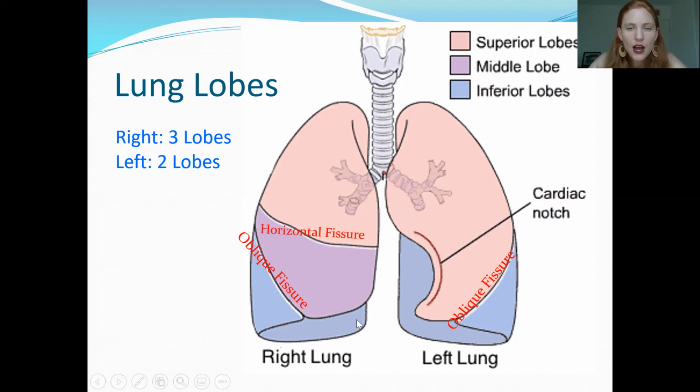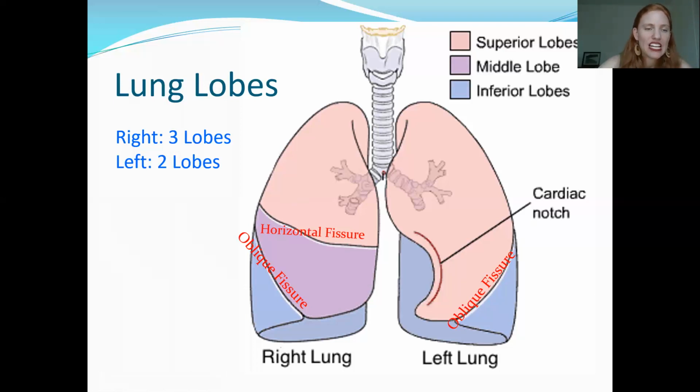Now, the deep grooves between the lobes of the lungs, those are called fissures. We've seen that word before when we talked about the brain. Remember the longitudinal fissure running down the middle of the brain. So a fissure is a deep groove, and these fissures are named by the orientation of the lines. So the left and the right lung both have oblique fissures, and oblique means